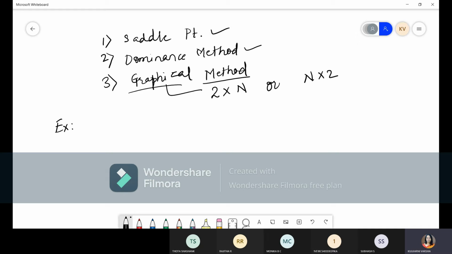Okay, so they will be asking you a question which says: solve the following 2 by 3 game by graphical method. They will mention you have to solve the following game by graphical method. And whenever the game is to be solved by the graphical method, it should be two rows, any number of columns, or two columns, any number of rows, either of one. In this example, we have two rows